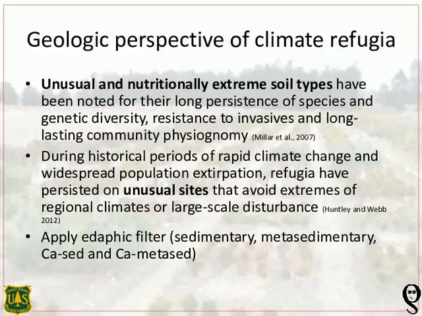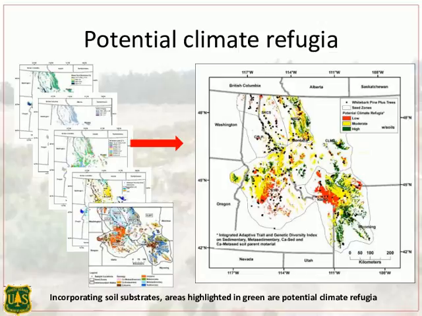And so we know from the literature and from the paleobotanical record that limestone soils, ultramafics, and podzols are those unusual areas where species retreat in the face of extreme climate change. So Mark and I applied an additional filter to our integrated analysis. And when we add soil parent material, the areas in green are possible areas for future climate refugia for whitebark pine. And again, the black dots represent where we have plant materials represented in the program.